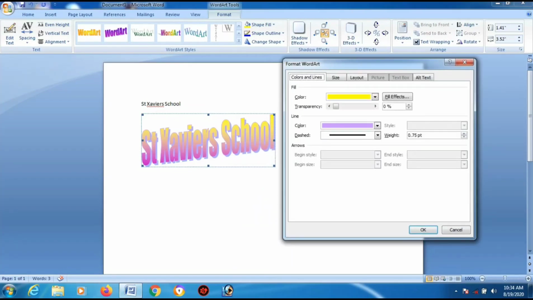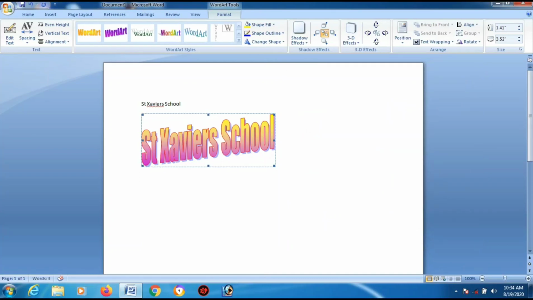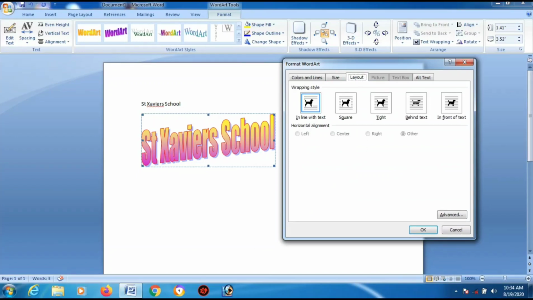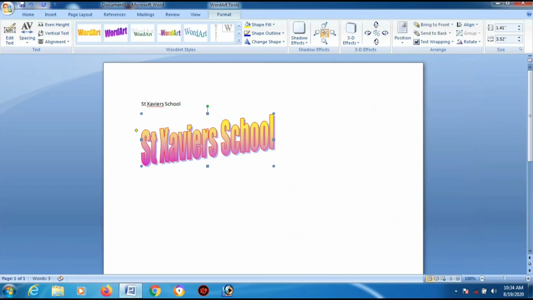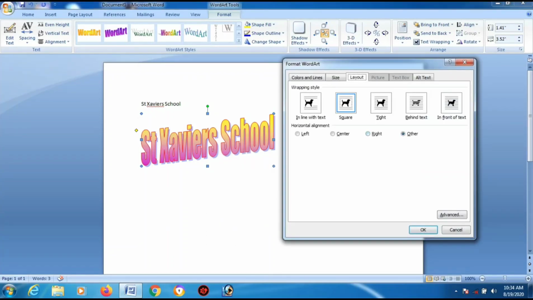Is that clear? Now you can change the line color also. Over here, let's suppose I select this one. It looks like this. Is that clear? So basically it is upon your perspective, whatever color you would like. Other features are also there. See, size you can change. Clear? Layout you can change. Let's suppose this layout I want, then it will look like this. Layout also you can change. There, horizontal alignment, whatever you want.